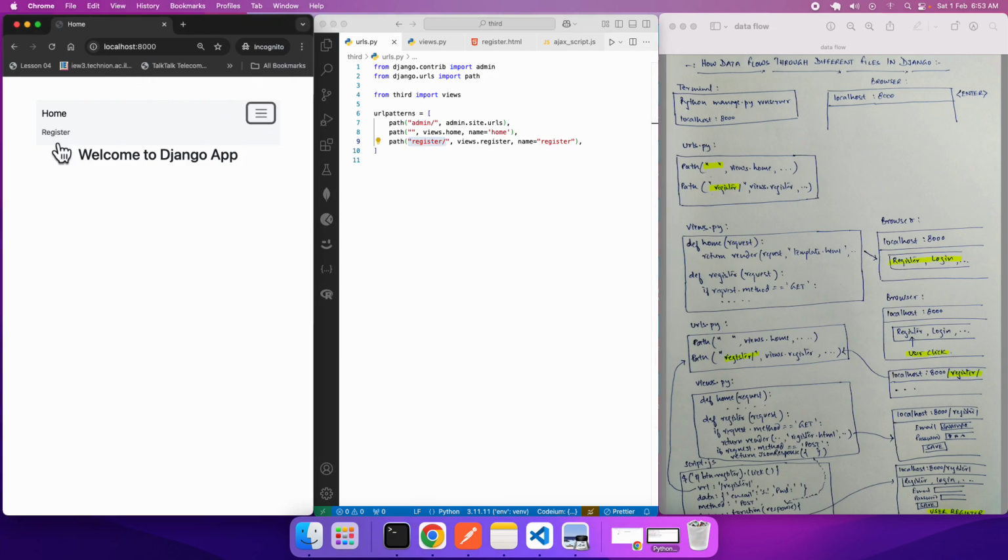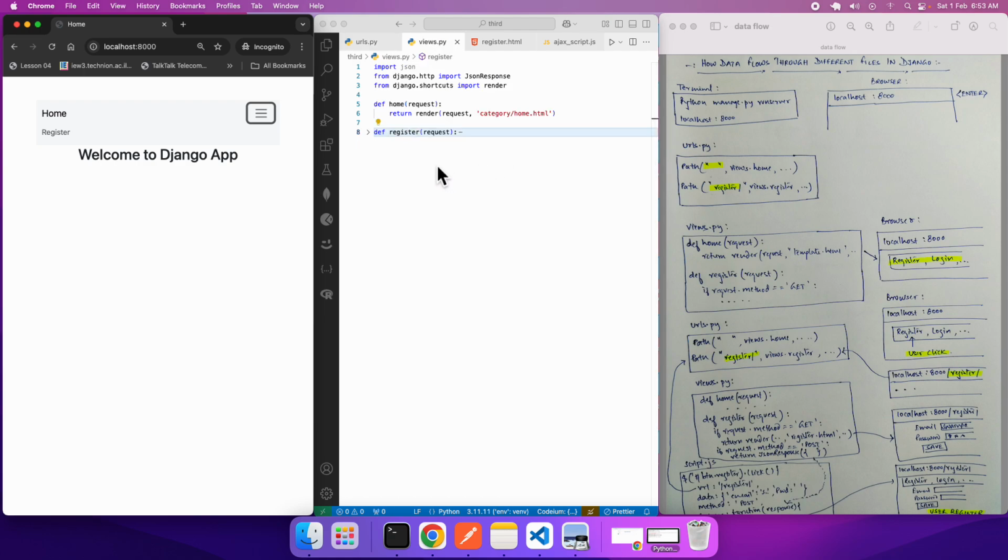As I click on this and I click on the register, immediately the route gets changed, and because of that it will now give a call to this particular function present inside the module called views. The name of the function is called register. This function will get called. Since you are invoking a page,